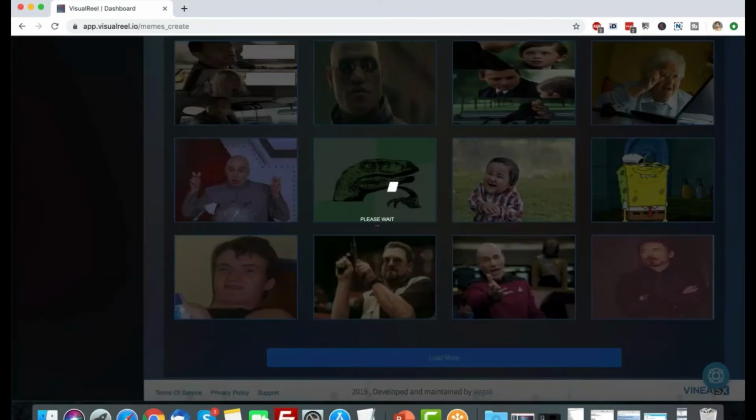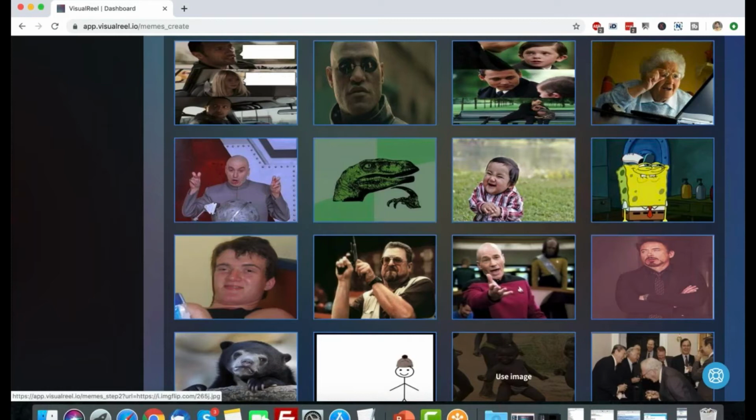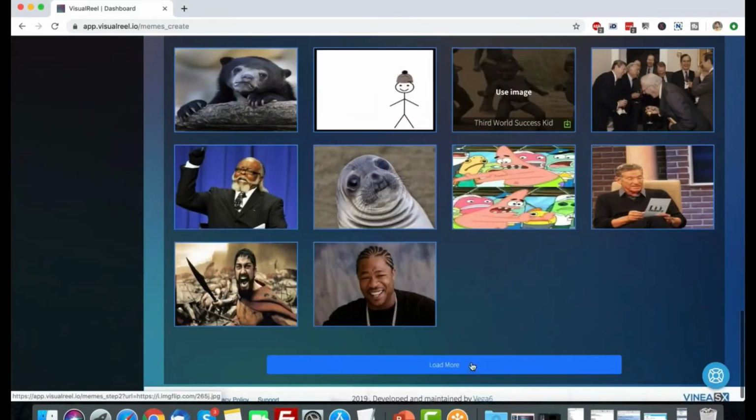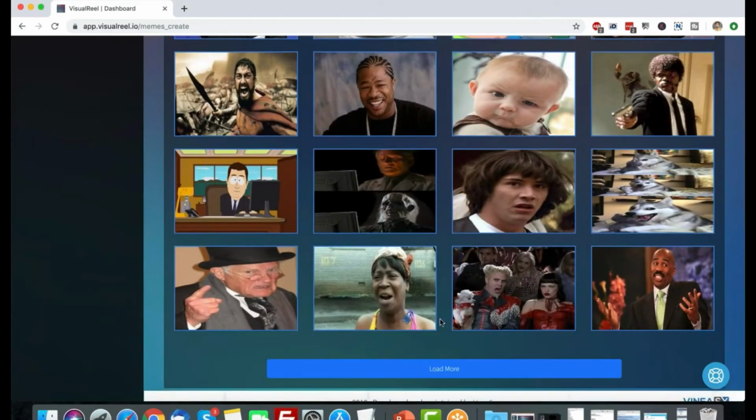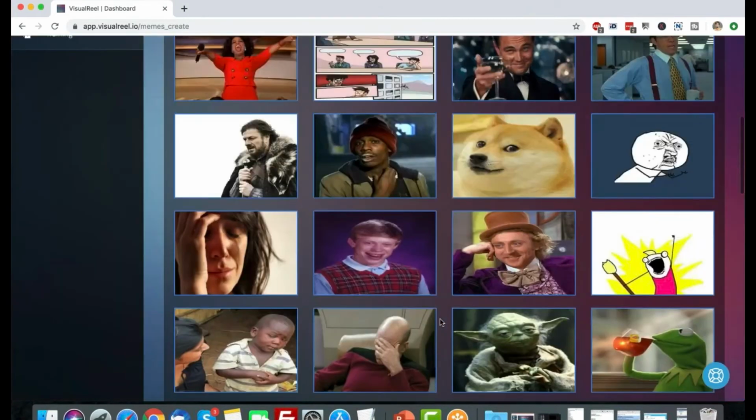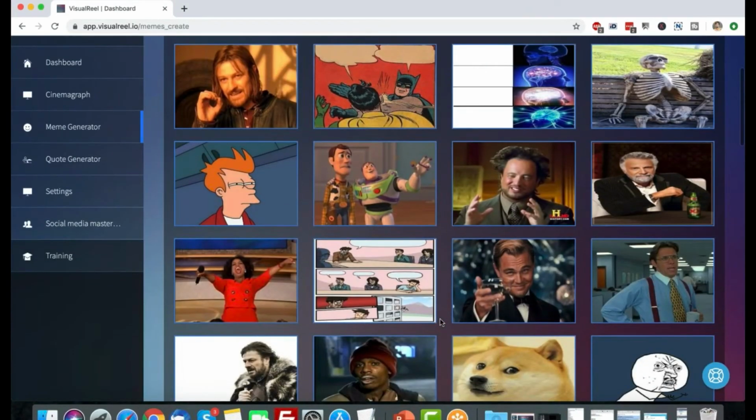Now, how exactly are memes useful as an online marketer? They're just funny things that Generation Y, Generation Z, or whatever they call it, use for fun. How exactly are memes useful to us as marketers if we want to get traffic, if we want to get attention, if we want to get engagement? Essentially, the idea behind memes is they are controversial, they're funny, and people love sharing them. People love tagging their friends or other people on memes. They want to talk and share because it's a funny thing, right? So if you really want to leverage memes to generate traffic, you actually have to leverage something called trends, right?